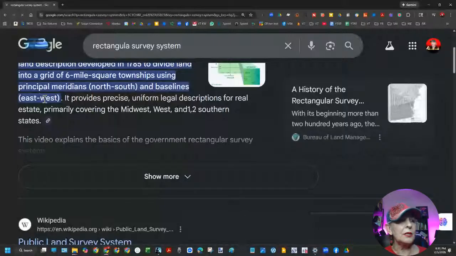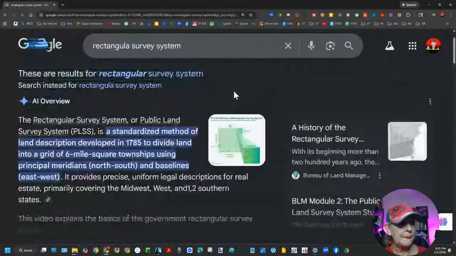So you can see it here. Let's see if it enlarges it. So it provides precise, uniform legal descriptions for real estate, primarily covering the Midwest, West, and